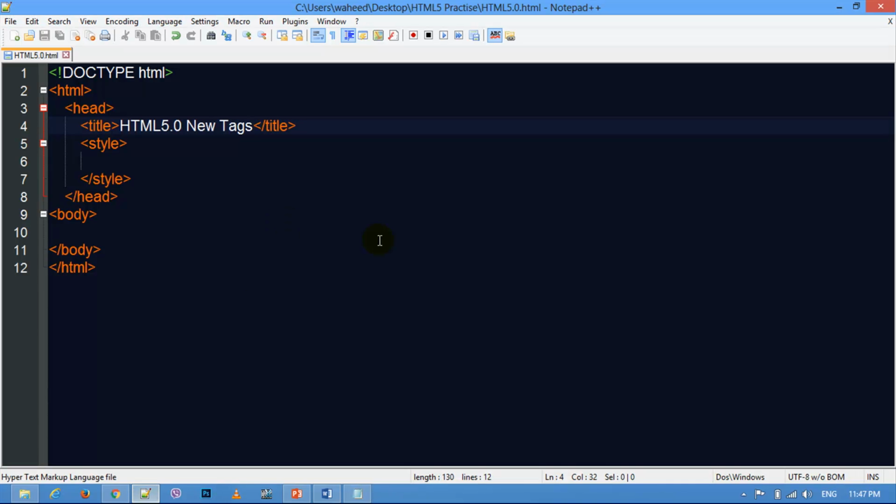So I have Notepad++ open, with the title HTML 5.0 new text, and I have saved this page with the name HTML5.0.html. So friends, when we first created a layout,